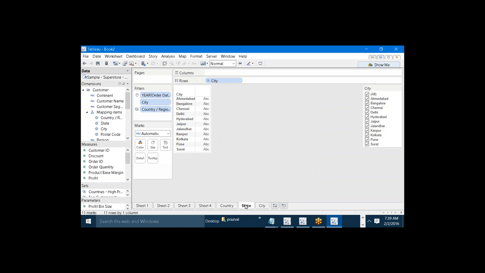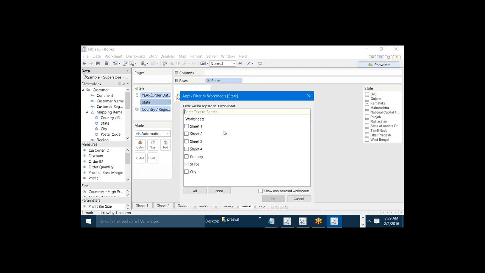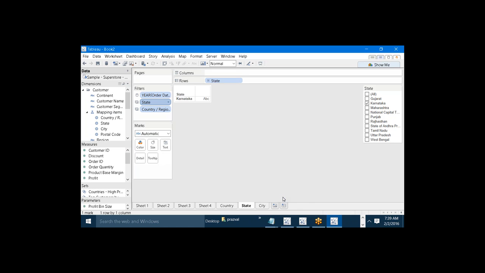Similarly in the state, if I select any state, let's say Karnataka, then in the city I would like to show only the cities from Karnataka. Now just go to the state. We want to share the state quick filter. So how to share the state? Right click on the state, go to apply to worksheets, click on selected worksheets and click on city. Just hit OK. So now if I go to the city, Tableau is going to show only